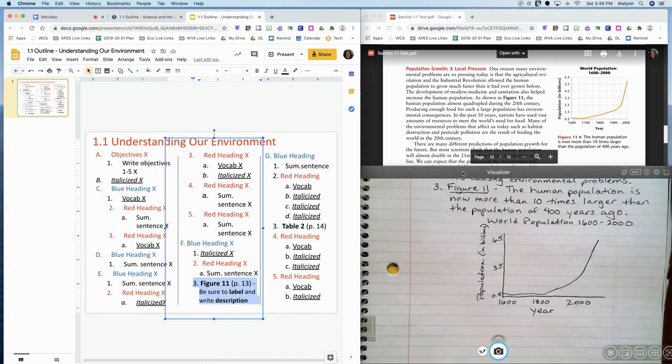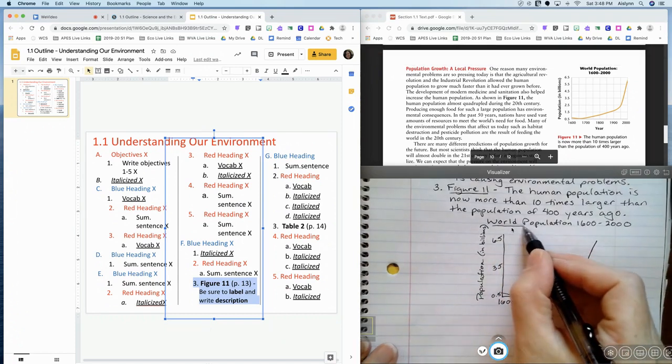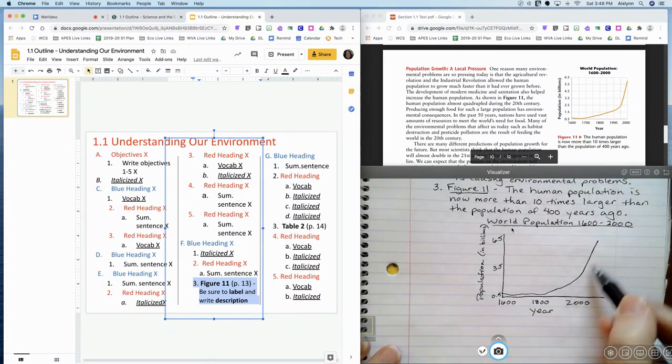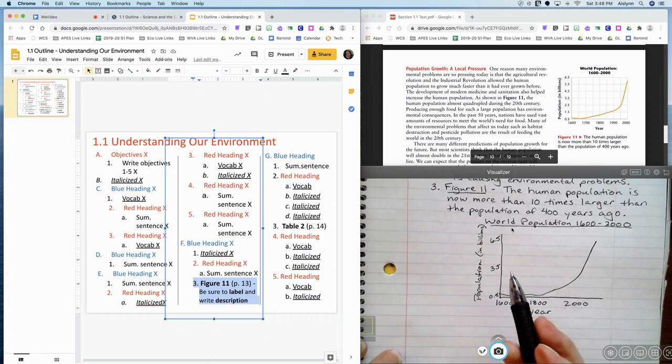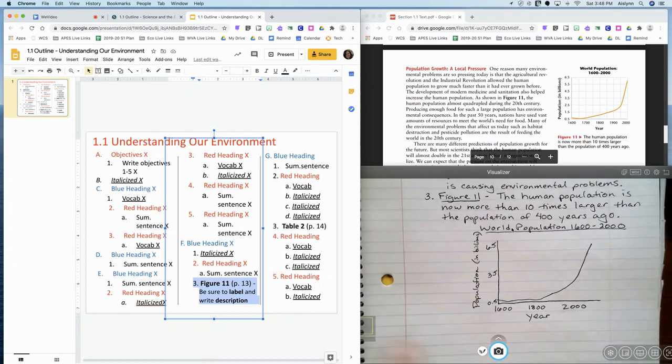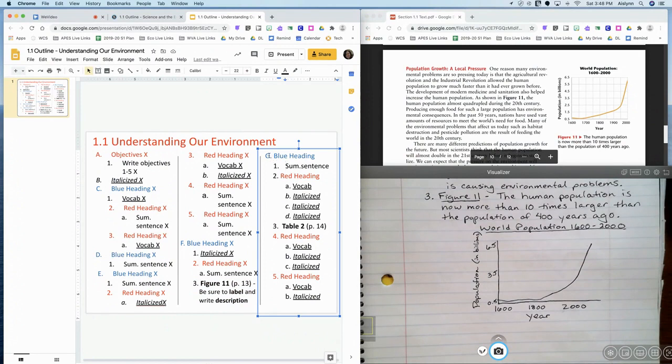Okay, so that's good enough for me. Once again, the point is that it captures the idea that it's supposed to show, that the population has just skyrocketed since the Industrial Revolution. So it doesn't have to be the exact drawing, and I don't really judge anybody's artistic ability when it comes to figures. Now, I'm going to let you go ahead and continue into the next column with the final blue